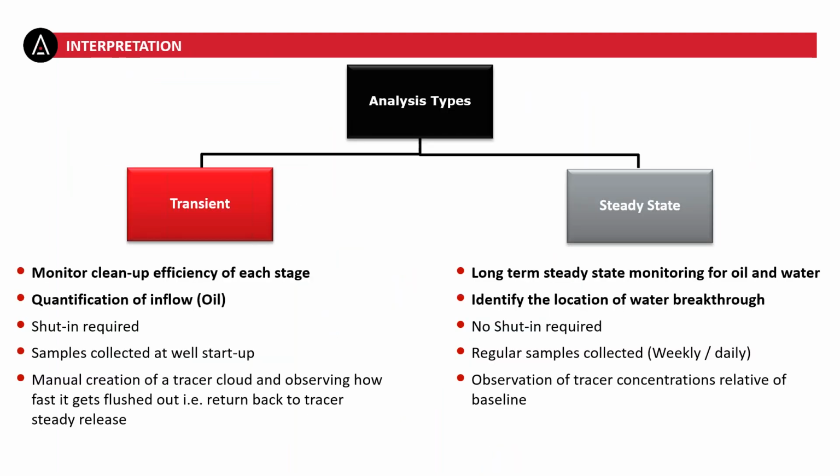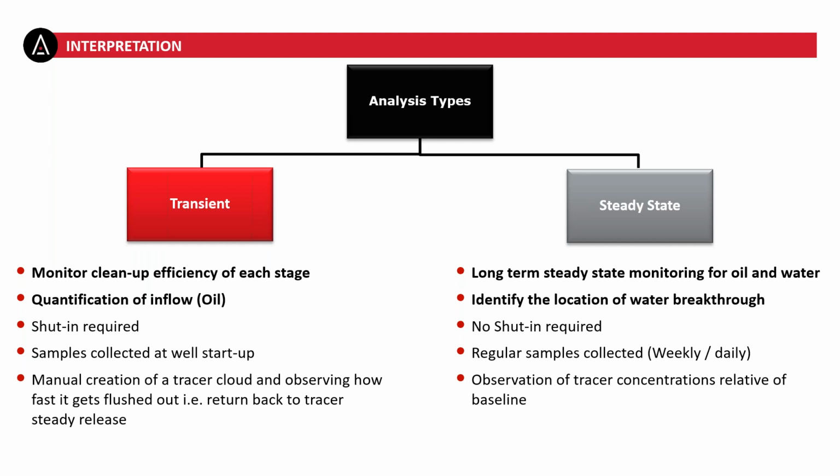Now, just to go on with the methods of analysis that we have. We've got two different types of analysis. We've got a transient analysis, and we've got what we call a steady state analysis. So the transient analysis gives us information about the cleanup efficiency of each of my monitored zones. It gives me information about how much each zone is producing. And now, why is it called transient? Because we